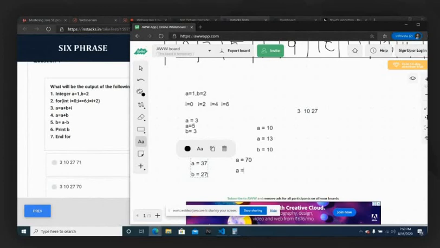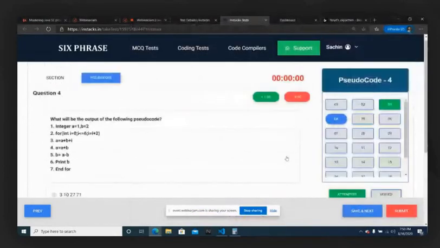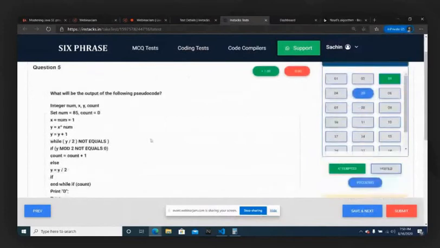So A will be equal to 97. What will be your new B value? B equals your new A value minus your B value. So 97 minus 27 will be equal to 70. So the next value printed after 27 is actually 70. So here the second option, 3, 10, 27, 70, will be the right answer for this particular question.